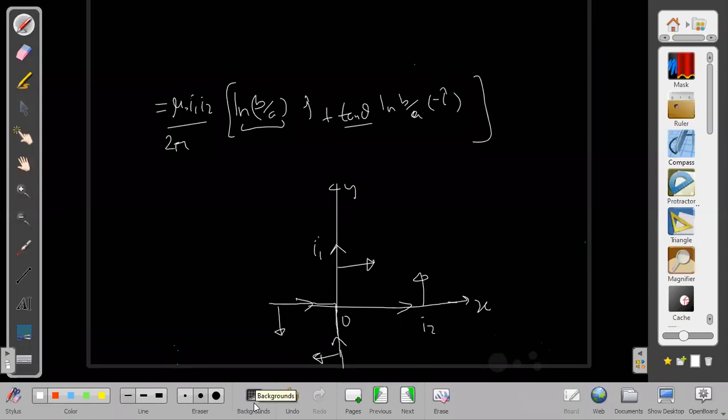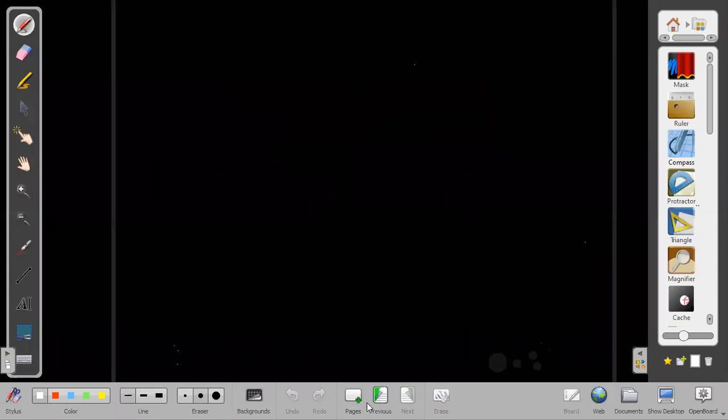Does the action-reaction pair apply here? Are these action-reaction pairs, F1, F2? This line segment is applying force F1 on this, but on this line segment, force F2 acts in the upward direction. Magnitude-wise these may be equal, but the direction is completely different. So does Newton's third law fail or not? Newton's third law is not valid here. That fails. So don't expect that there will be action-reaction pairs.